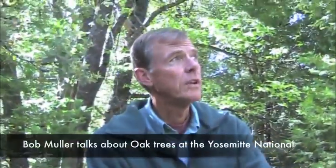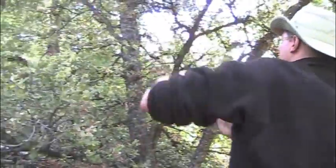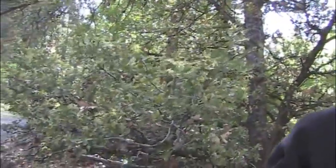A couple of oaks in here. We've got black oak scattered around, and then canyon oak like here. And the oaks are not very shade tolerant. They typically need sunlight to grow effectively, and they don't regenerate under a closed canopy. And if you look around, all of the oaks that you see are in gaps. They're in openings in the canopy, and that's where they're getting a foothold and able to